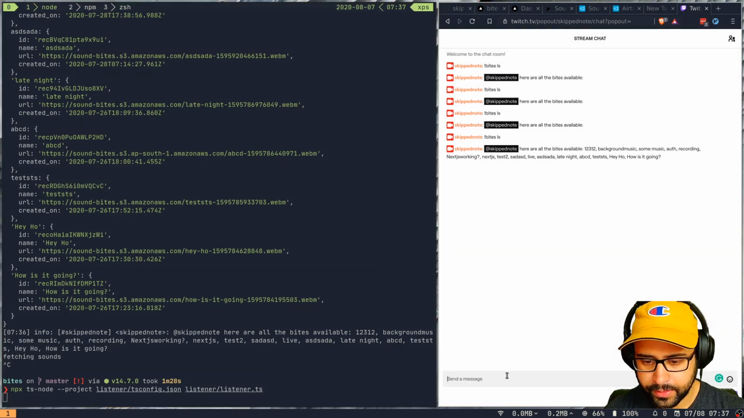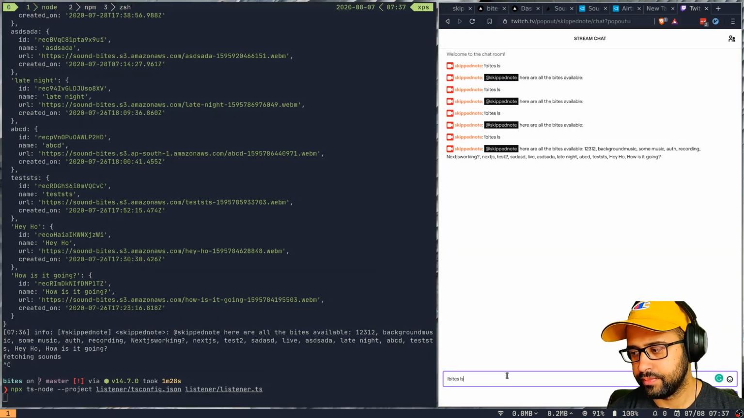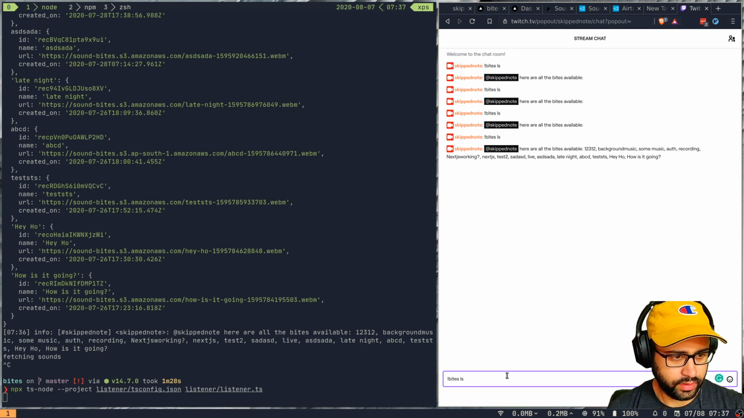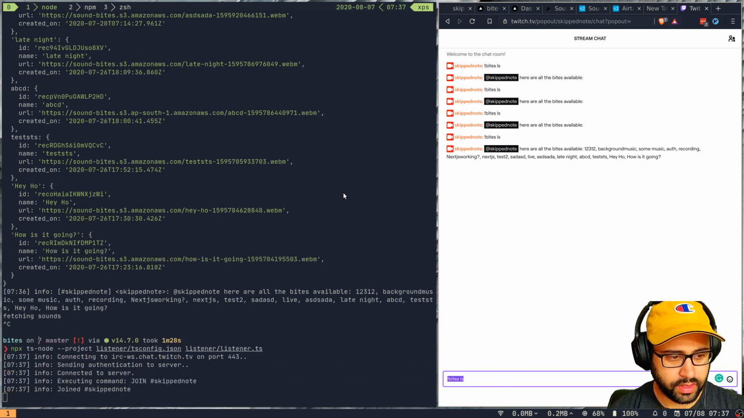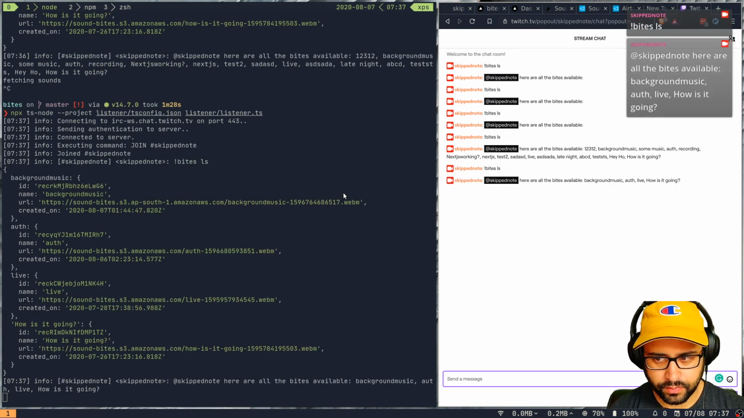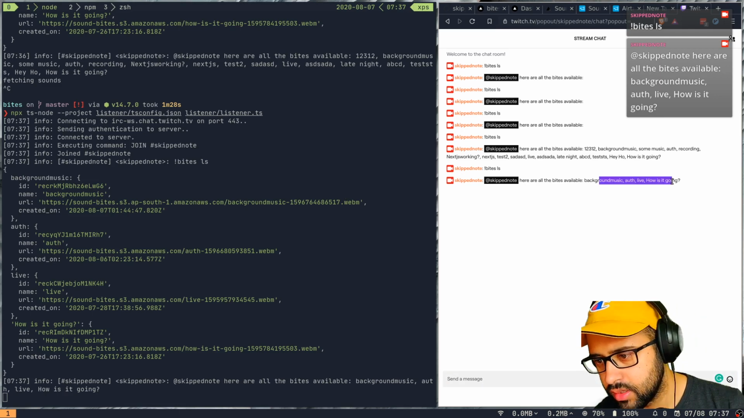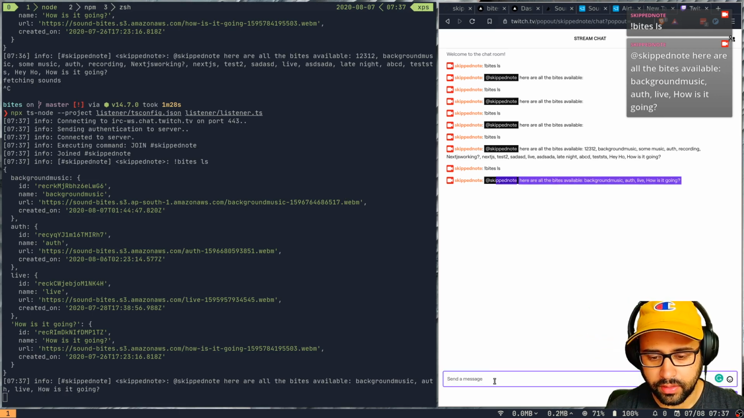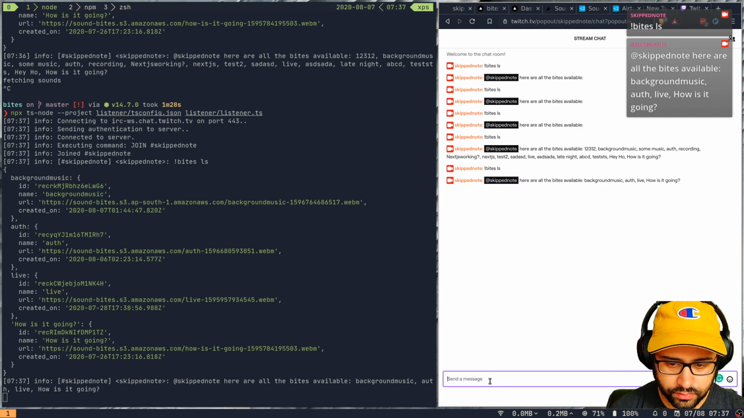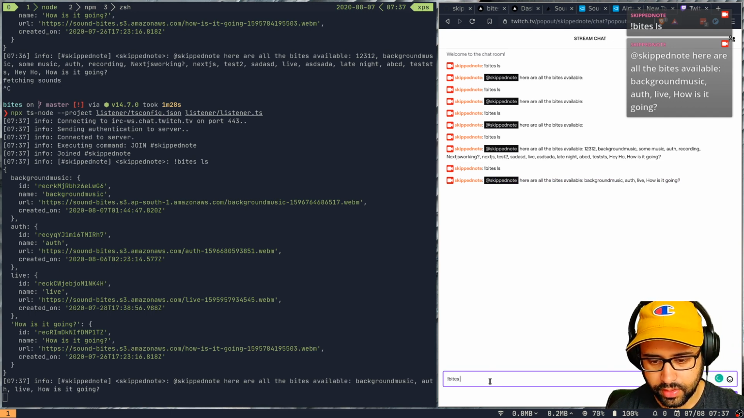Let's see. Bytes ls, waiting for the server to come up. Meanwhile we can remove the console log. Yeah, it's already up, so let's run it. Yep, we just get these sounds. So if I now play bytes random,